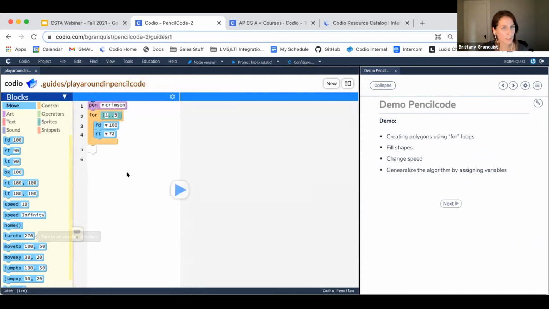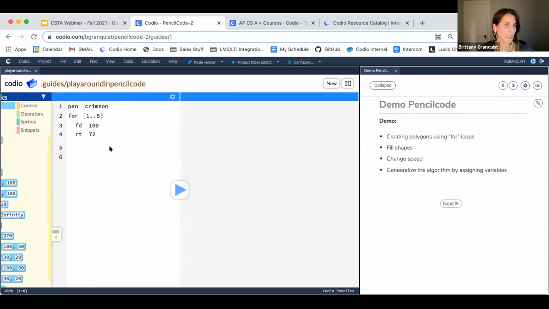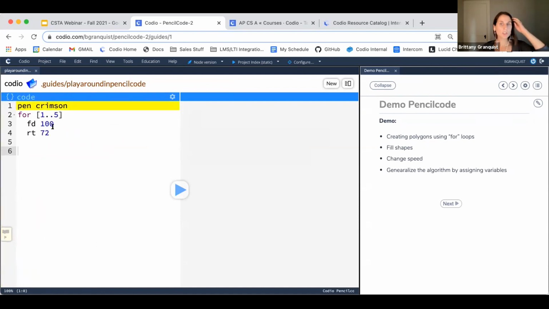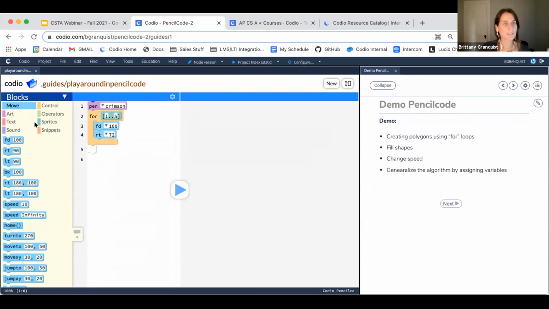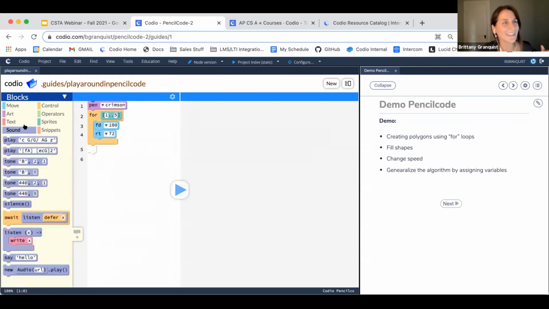So there was a study that we read at Codio, and it basically said that when students are working in PencilCode, for the most part, they're working in the text, right? But when they want to do something new that's out of the scope of what they already know, then they'll go back over to blocks and use this as a discovery, like, what can I do in here? So it's a cool way to have that floor. Everybody can enter at that same point. There's a place for everybody here, but there's a high ceiling in that students can take it as high up as they want to go.